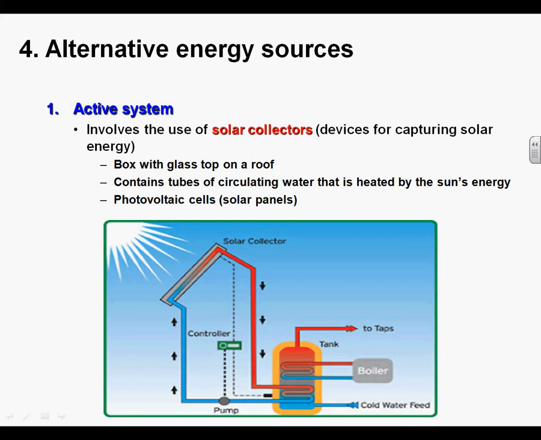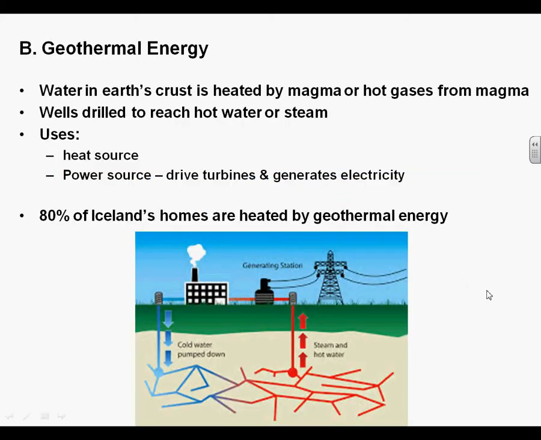Okay, you're back. This is exciting. So we're going to move on from passive and active and move on to geothermal. Geothermal means just that, using the temperature of the earth to create energy. And so what's happening is we have water that's in our crust, and it's being heated by magma. The magma, or regional metamorphism, the regional heat that's in our area, can create a hot water source which produces